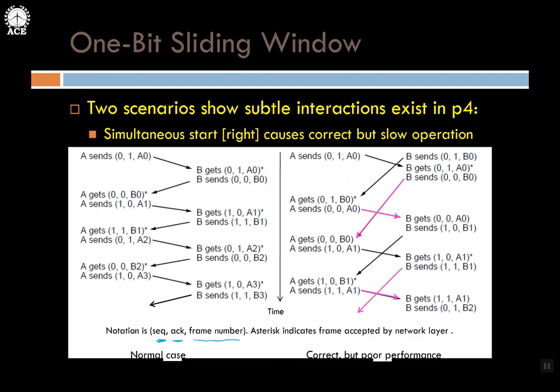It arrives at host A. So host A gets the same thing as it is. It will be accepted. Then what is it sending now? It is sending its next frame. Earlier it has sent A0, sequence number 0. Now it is sequence number 1 and frame A1. And it is acknowledging the previously received frame B0 from B, which had sequence number 0. So it is acknowledging 0. I hope you are getting the point.